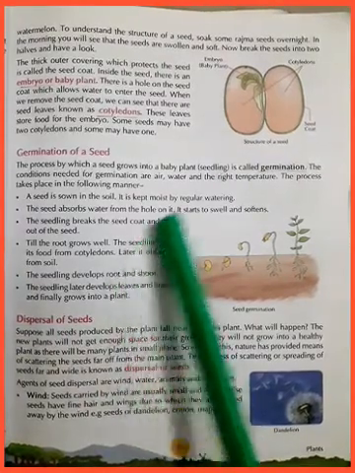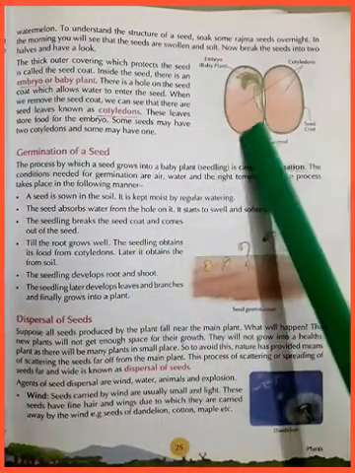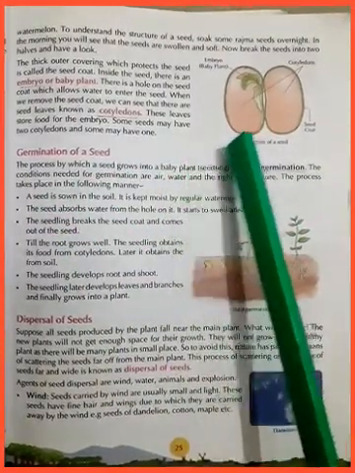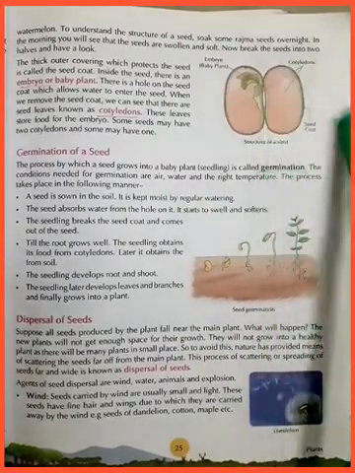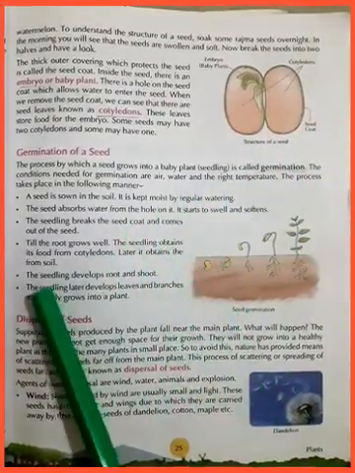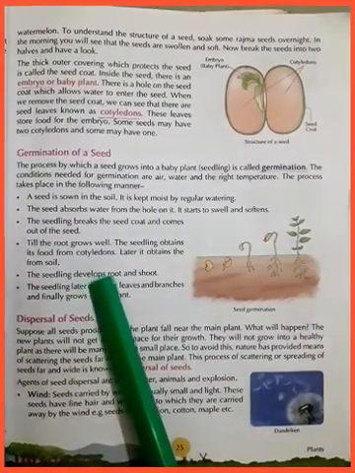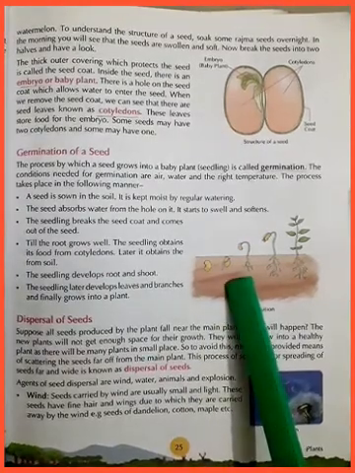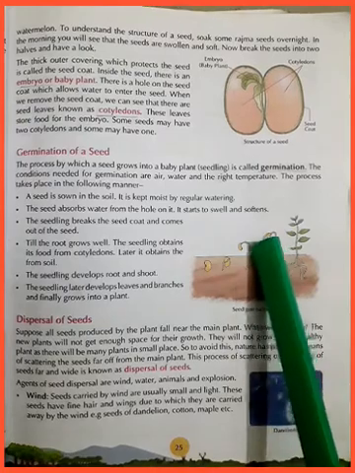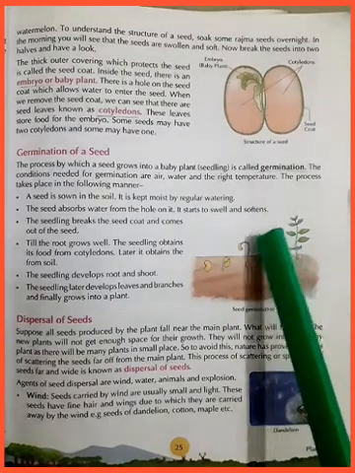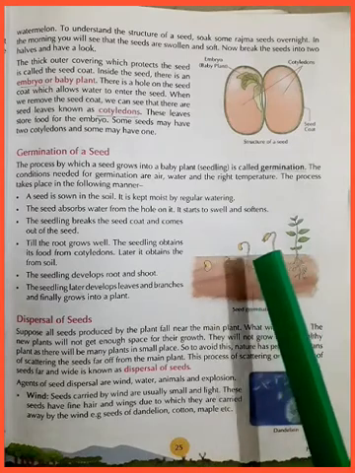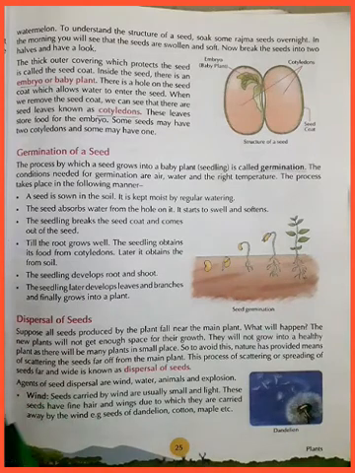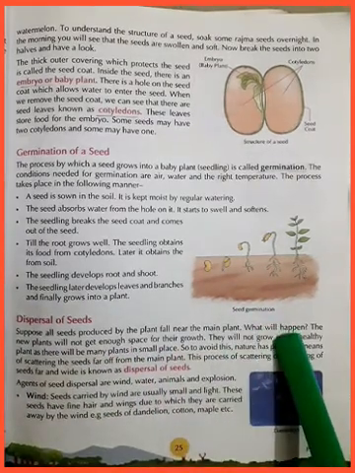You can do this activity at home also by taking a seed and soaking it, leaving it for some days. You will see that there is a baby plant coming out from it. Same as when you plant a seed, you will find that first it is a seed, the embryo is trying to open, then the baby plant comes out, and after that it turns into a big plant. You can do this activity and see my next video for the same, the next video on germination of seed.